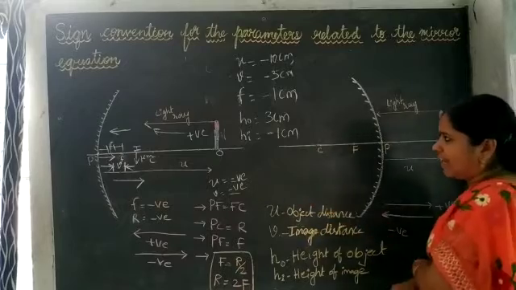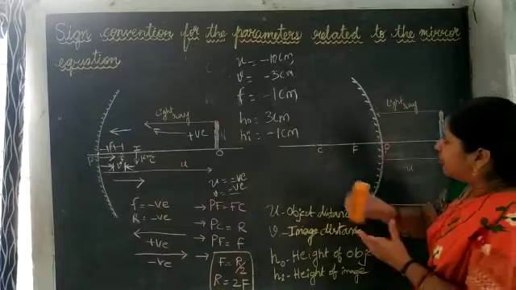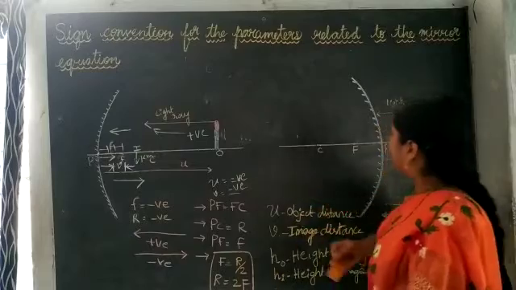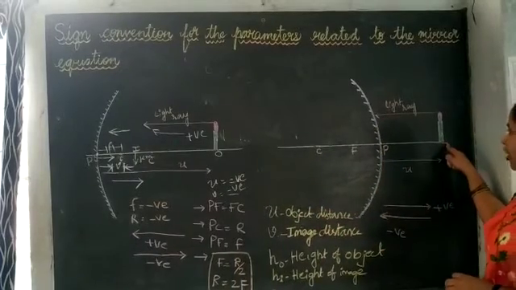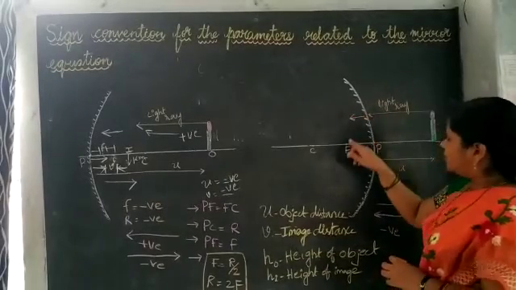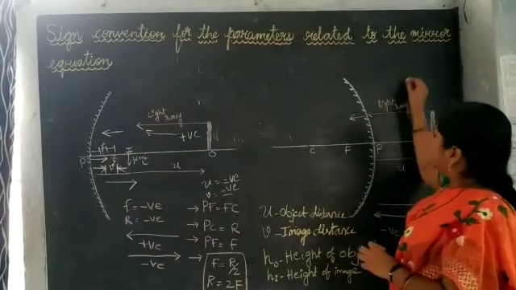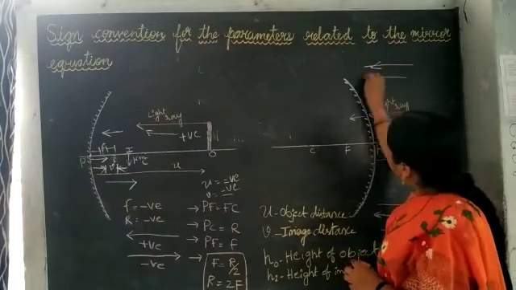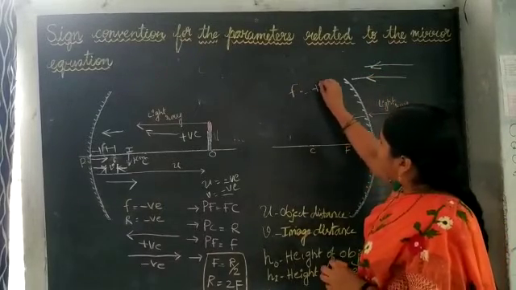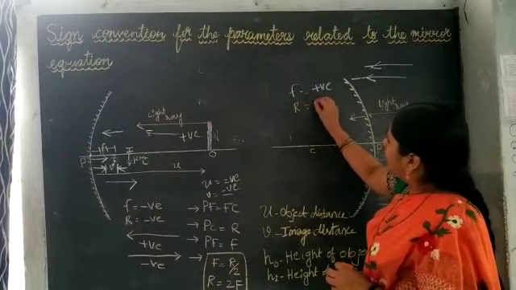This is simple, already we have an idea. So here, these are imaginary. Just let me rub this, then you get the clarity. Here we are having an object and focus. This is the focus, and we are measuring in the same direction. Light ray is incident in the direction, and we are also measuring in the same direction. So for a convex mirror, F is positive and R is also positive.